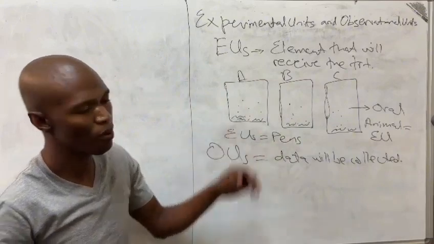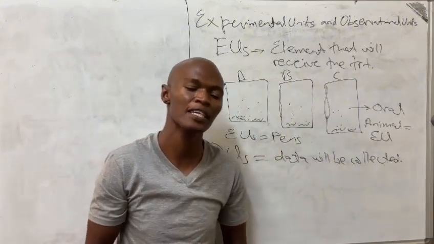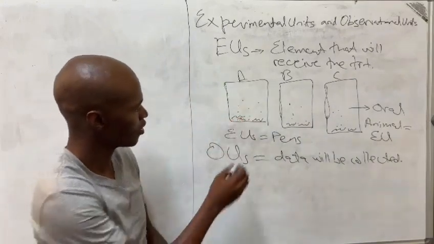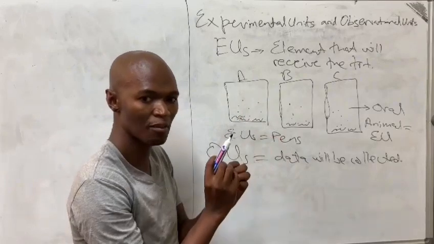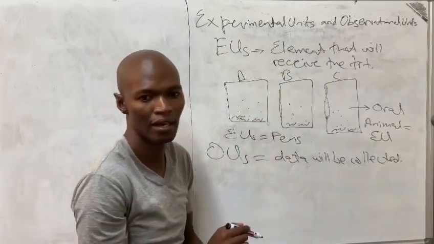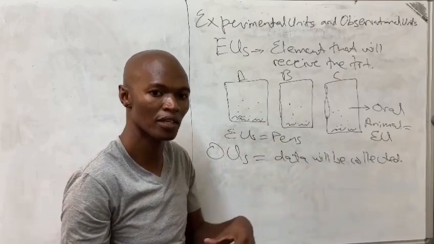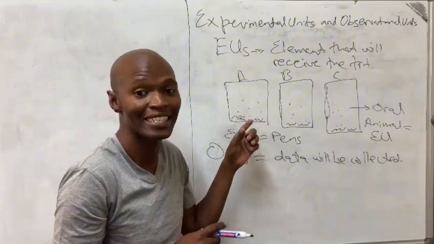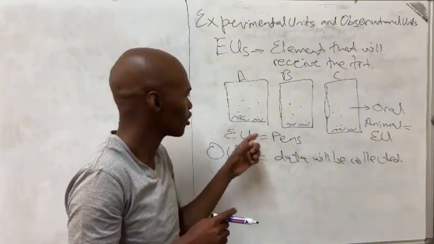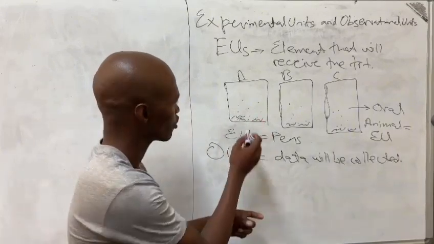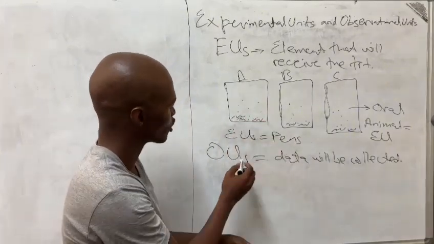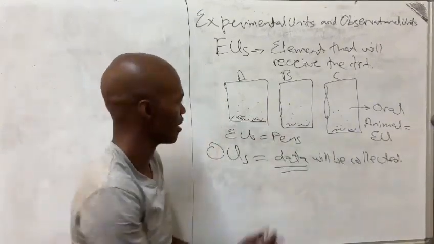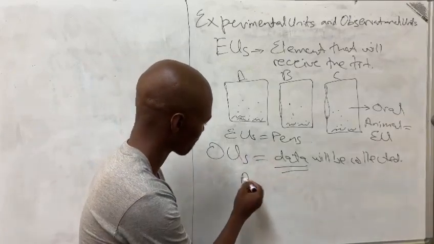For example, if we go back to that example of feeding animals inside the pen, the first one, where you take the treatment and put it inside the pen, the pen is the experimental unit. But to achieve your objectives, you are going to measure the animals. You are not going to measure the pen, isn't it? You are going to measure the animals to achieve your objective. So once you measure the animals, which means you collect the data from the animals, then we call the animals